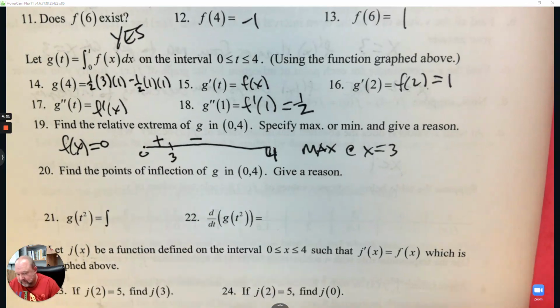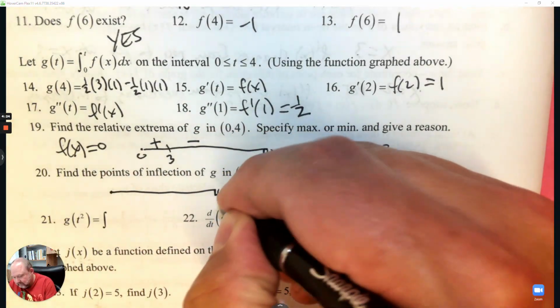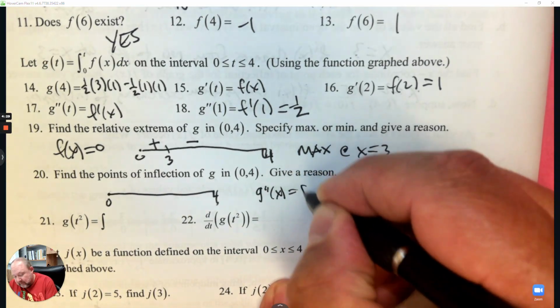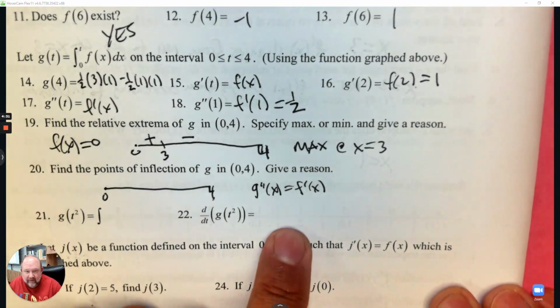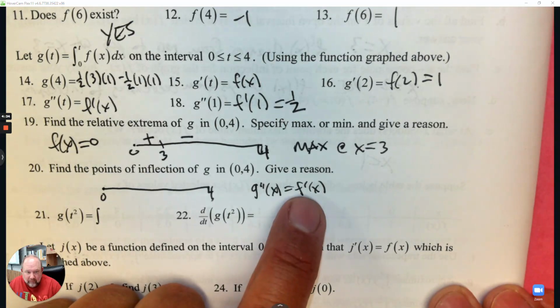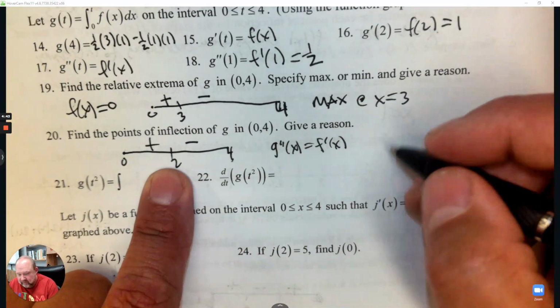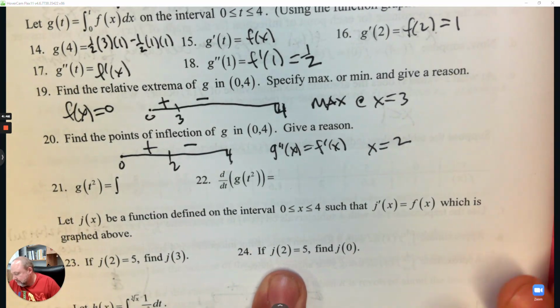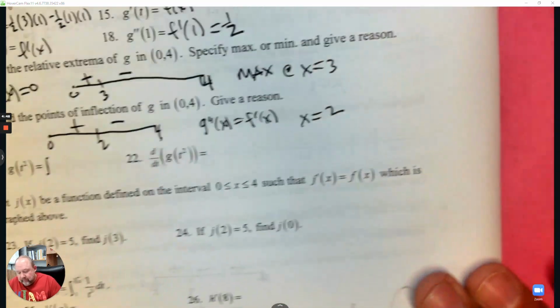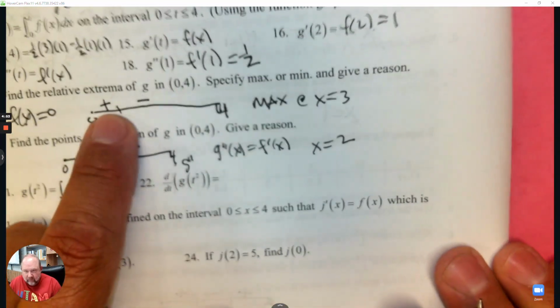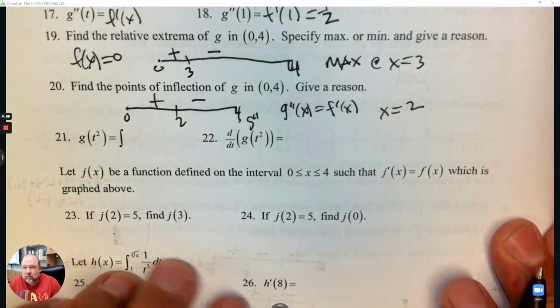Find the points of inflection from 0 to 4. This time I'll go 0 to 4. So the points of inflection is the second derivative, which equals the first derivative of f at x from 0 to 4. And so what I'm looking for is turning points. So I'm looking for here, and we have one turning point at 2, and it increases and then decreases. That creates a point of inflection at x equals 2. And this is your reason, right, that you can see that the derivative changes signs, the first derivative changes signs. All right,